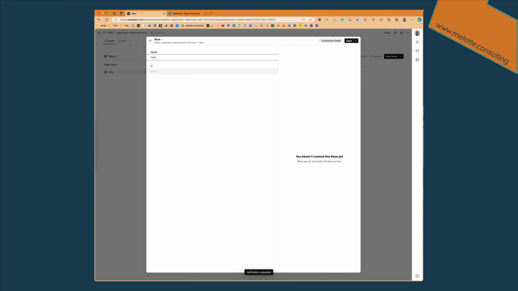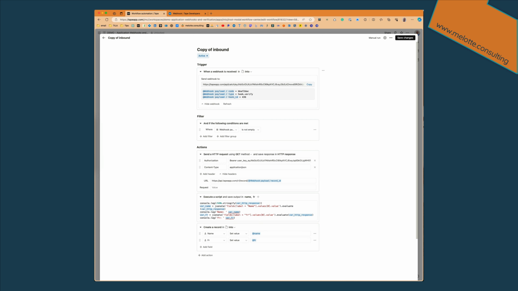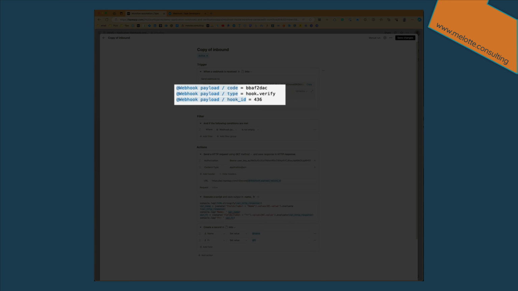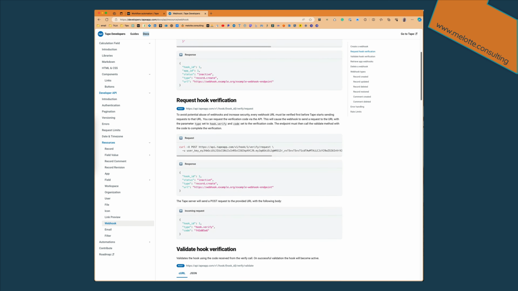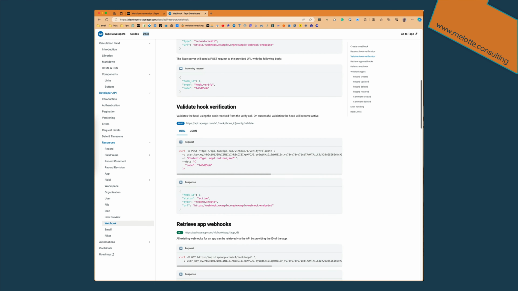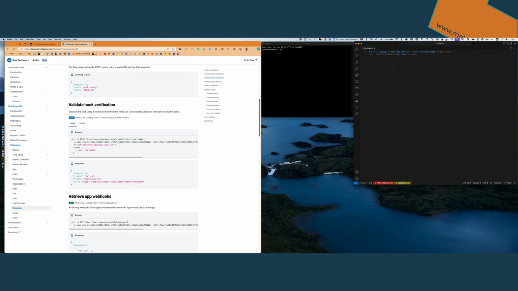If we create a new item here, that should hopefully have sent into here, which it has, and it's asking to verify, and we've got a code and a hook. If we have a quick look at the developer documentation, we can see that what we need to do is send this back. So if we copy that